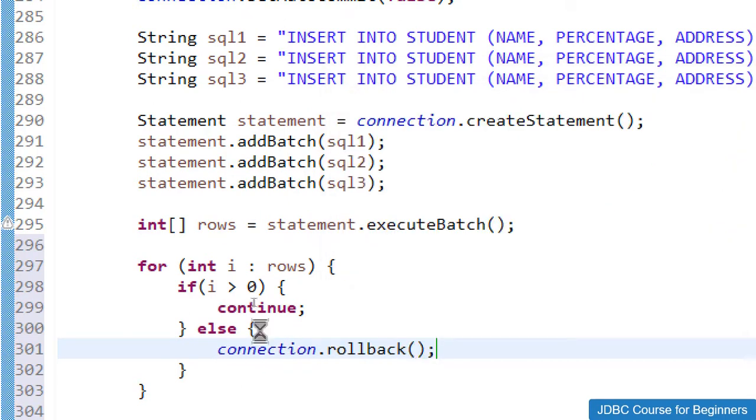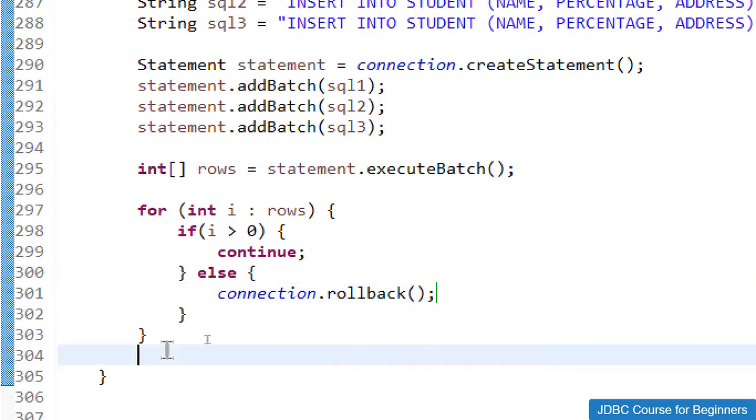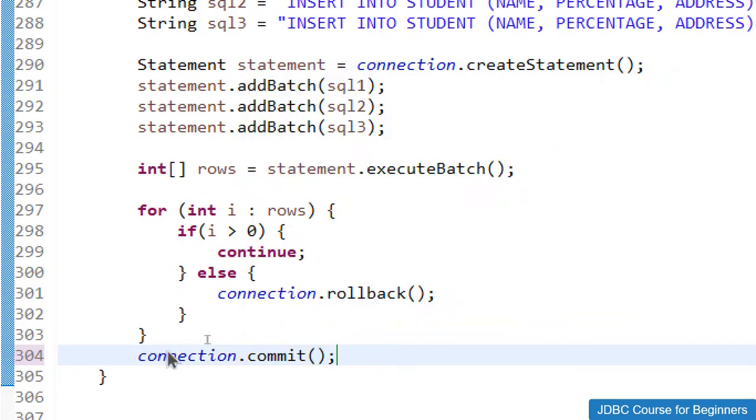So I'll perform the rollback operation if something goes wrong, and otherwise, if everything goes correctly, I'll just do connection.commit. So make sure you give this line connection.commit after this for loop.